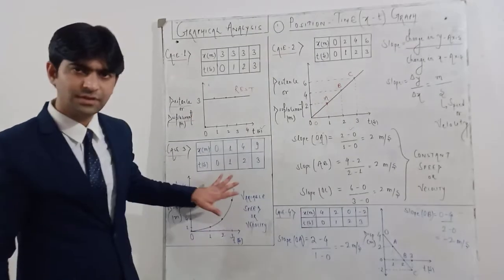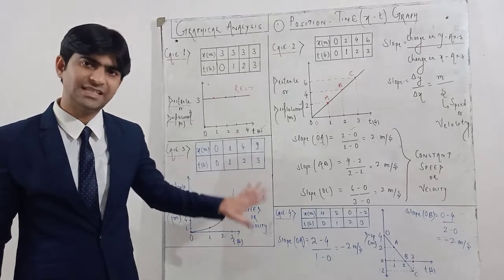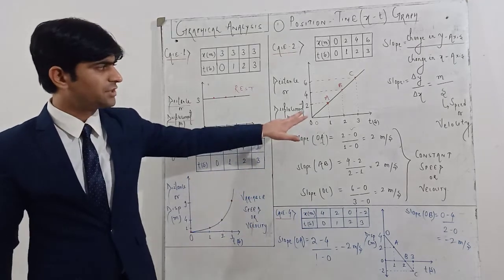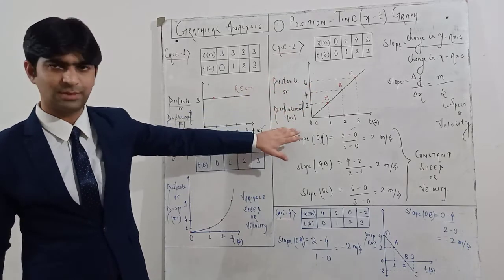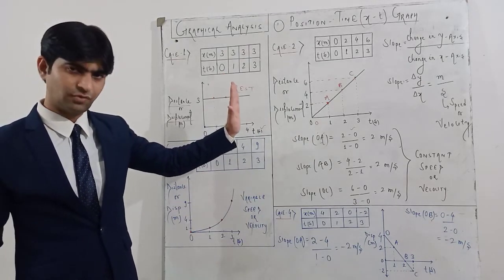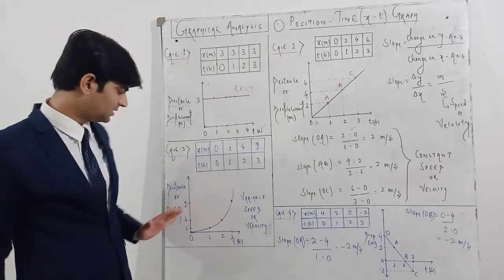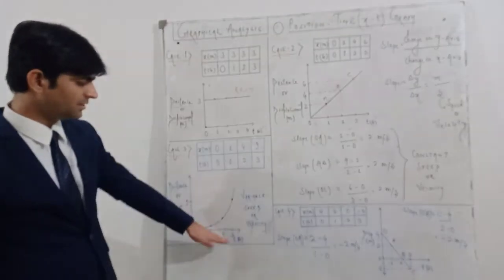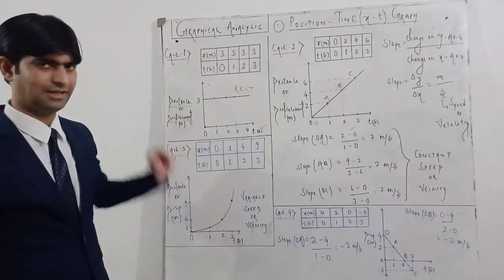So if you are getting a curved graph, that means the body is moving with a variable speed, changing speed, or variable velocity, or changing velocity. Straight line, constant speed or constant velocity if it is a distance time graph or a displacement time graph. Curved graph, variable velocity or variable speed. Okay, distance time graph होगा तो speed, displacement time graph होगा तो velocity. ओके, एक्सिस पे सेम चीजें हैं. एक्स एक्सिस पे हमने टाइम लिया हुआ है, वाई एक्सिस पे डिस्टेंस और डिस्प्लेसमेंट लिया हुआ है.